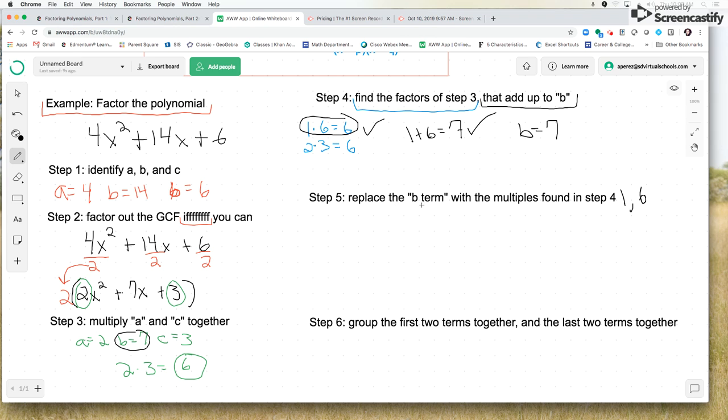So what does that mean? Replace my B term. Well, let's rewrite our equation that we had from step 2. Let's just go ahead and rewrite it all. And I'm going to keep this 2 on the outside in red